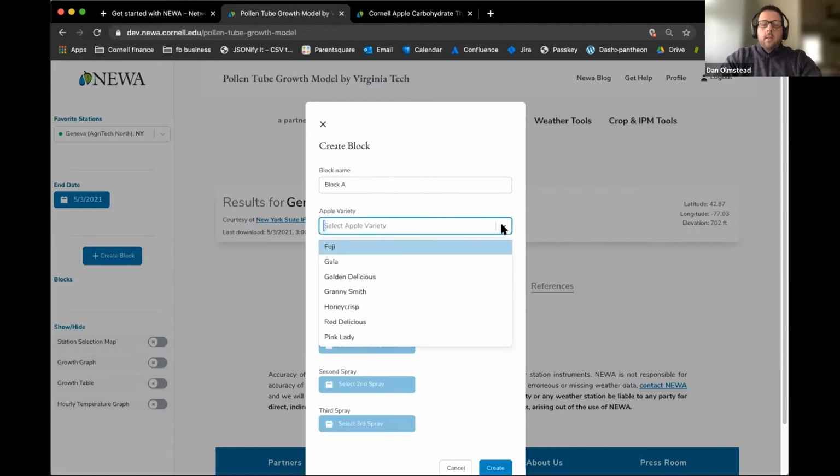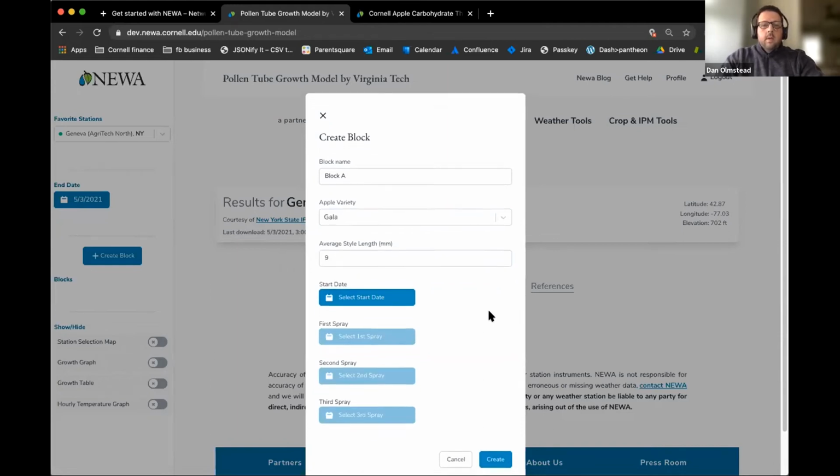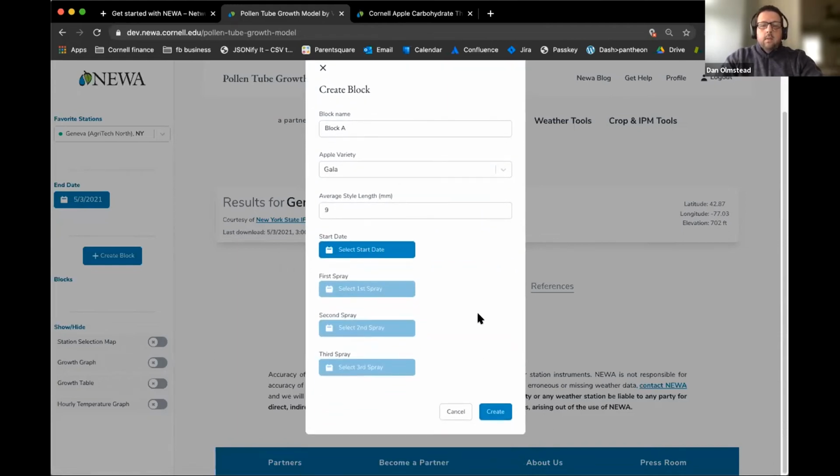There was a question in the chat about available varieties. So we have these 7 or 8, I think it's 7 actually. For the purpose of this demonstration, I'm just going to choose Gala. And then I'm just going to use an average style length value of maybe I'll just say 9. It might not be accurate. Again, I'm not the expert, but I'm just showing the nuts and bolts. So now we have that basic information. You can scroll up and down,